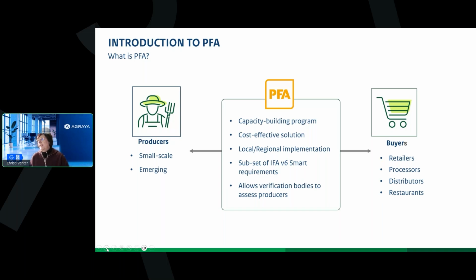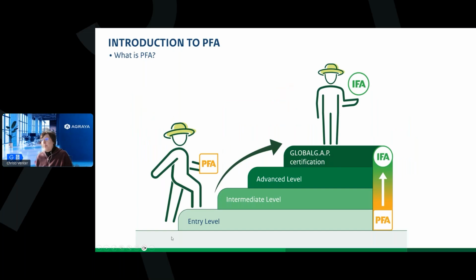Sometimes you do get some of these buyers that say, no, we want IFA. So it's always important to make sure what the buyer or the end user, in the sense of the one that will do the buying, the retailer, the processor, distributor, or even if they supply to restaurants, will accept. Will they accept the program? Just to avoid that you go through the process and maybe it's not accepted because they want something else. So this is pretty much what the program is about.